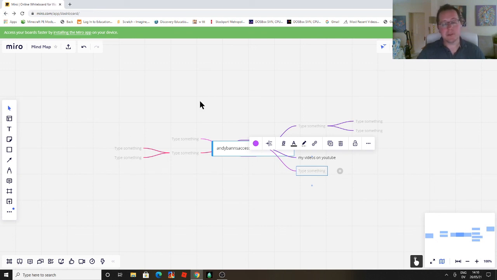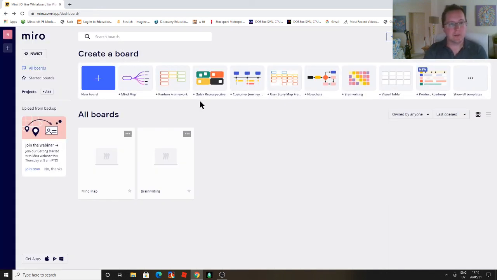So yeah, that was just a really quick look at three of these kind of collaborative online platforms. Like I said, there are lots of different ones. If you just do a Google search, you can find tons of different ones. I've not looked at them all exhaustively. I'm sure there's some really good ones. I'm sure there's some that are a bit more basic. So yeah, hopefully that's been useful and giving you a bit of an idea